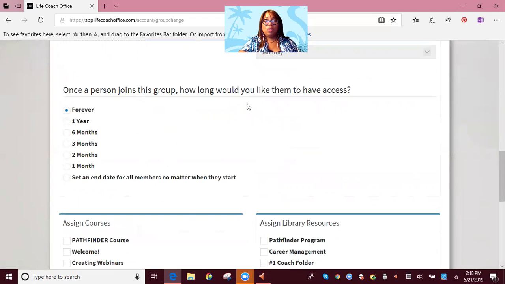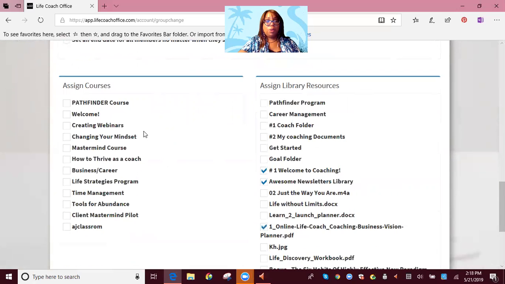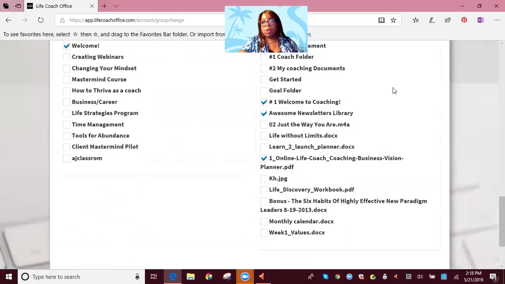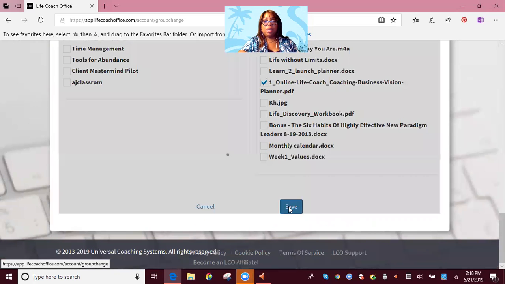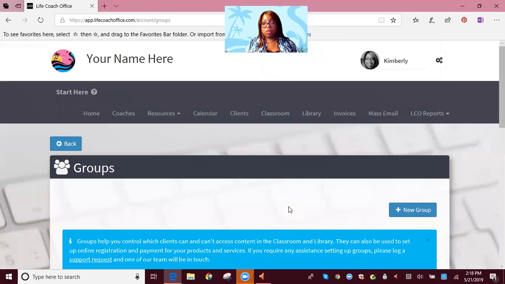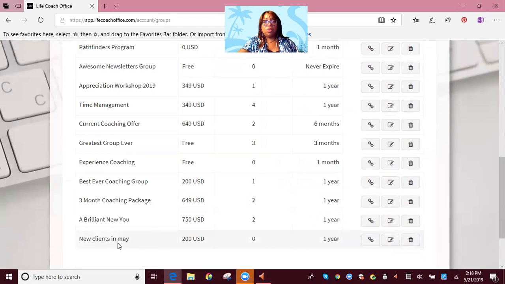And once a person joins this group, I want to give them access to the system for a year. Okay? I'm going to assign to them automatically the welcome. And then there are a few things that are already in the library resources that are assigned already. And we're going to save it. Okay. Now, we have this new registration link. And where is it? Here it is. New clients in May. Now, it says here, get links. And when I click on that,